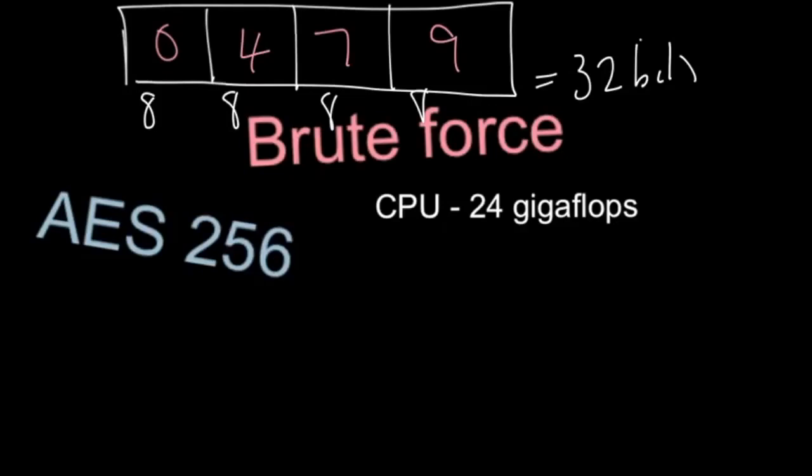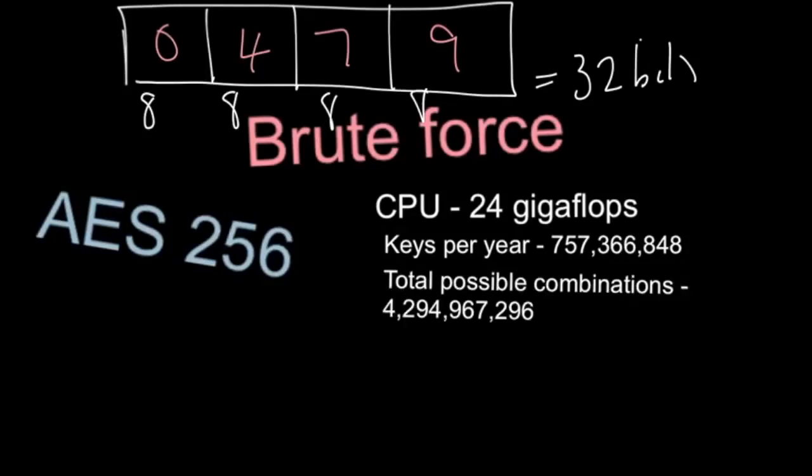If we multiply that by the number of seconds in a year, the number of combinations in 32 bits is 2 to the power of 32, and that gives us a total number of combinations. And so if we take the total number of keys that can be generated per year and divide the total number of possible combinations by the number of keys per year, you get roughly 5.67 years to generate